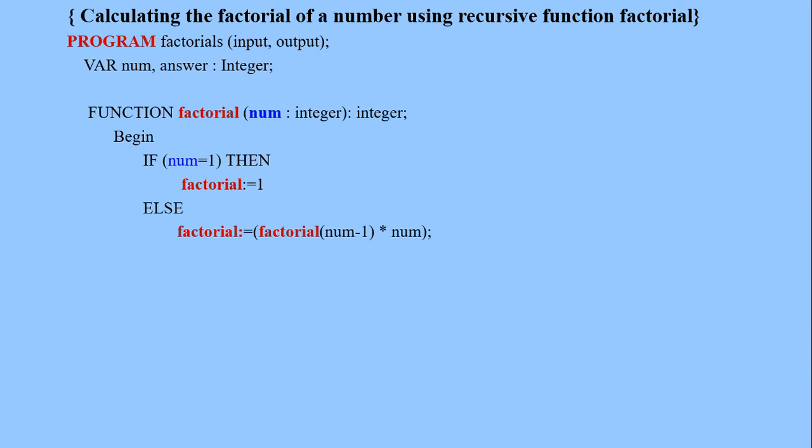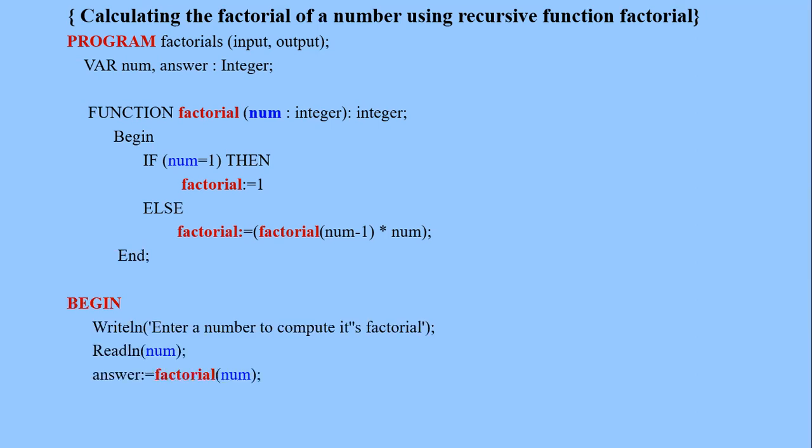So that product will be returned back to the calling function or the calling statement. And then it will be received here, and that value will be stored or assigned to the memory location called answer. And then the next statement to be executed is,